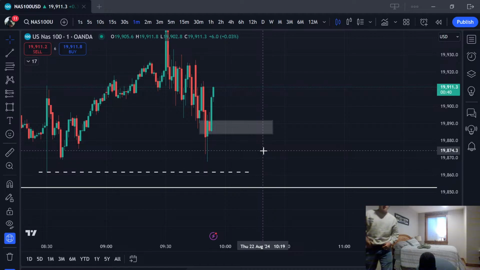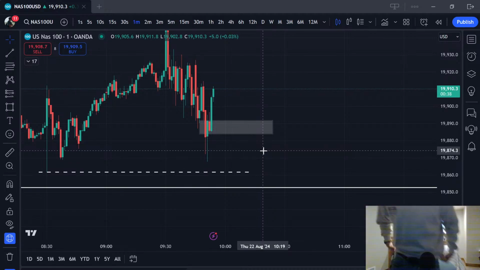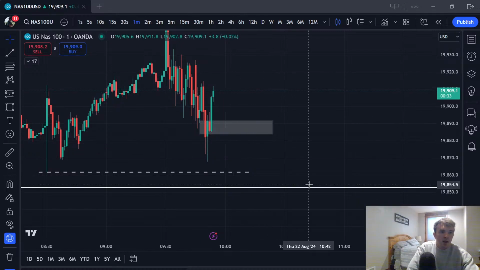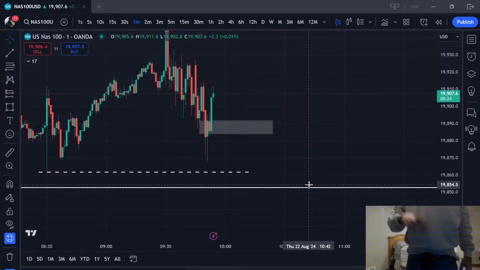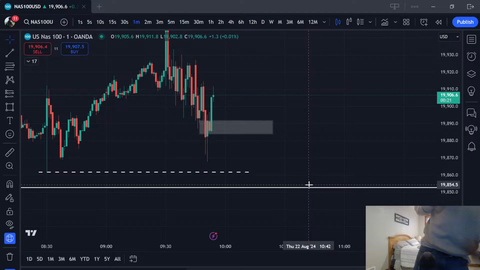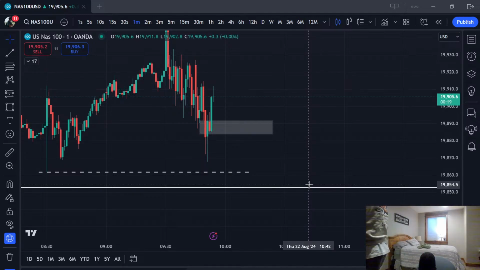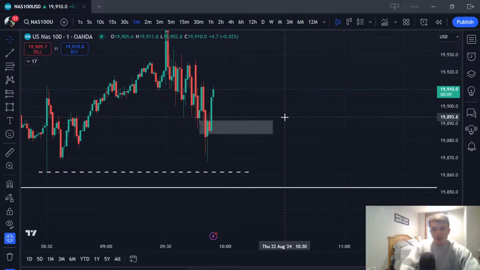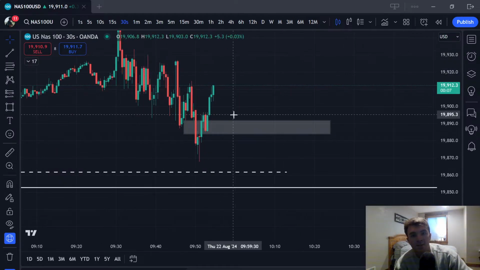Alright. Dang. We did not get to the data low. So I still expect the data low to get taken. So I bet you we'll go back down and take out the data low. This could even be a trade right now actually, but I wouldn't take this. But like on the 30-second, if this inverses,